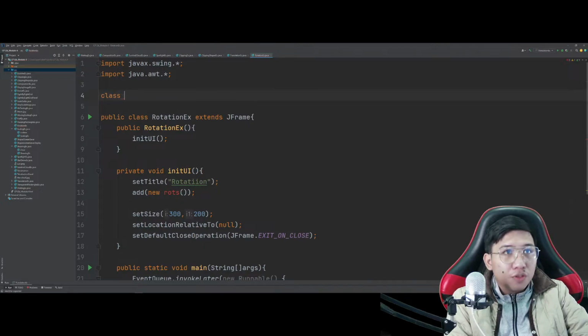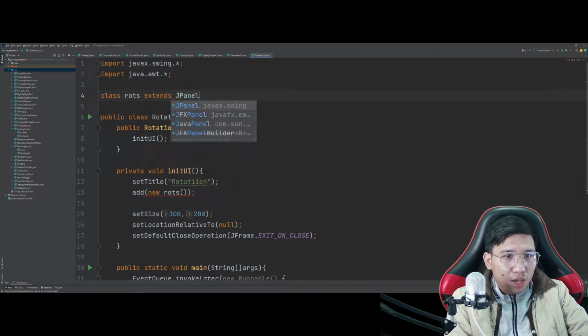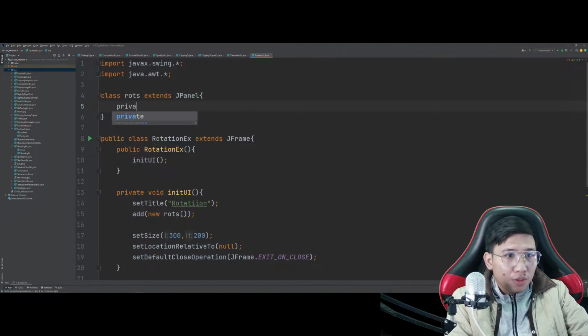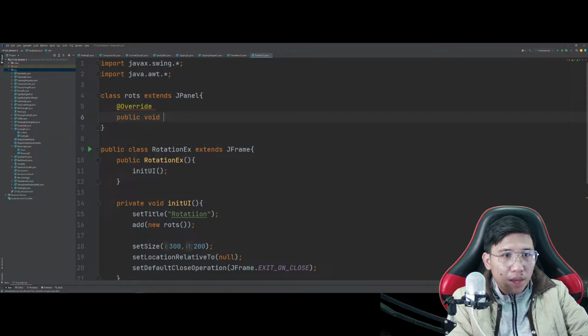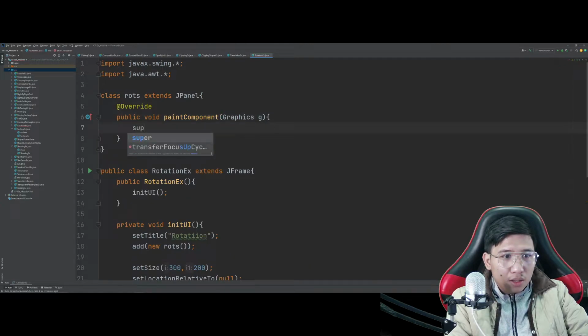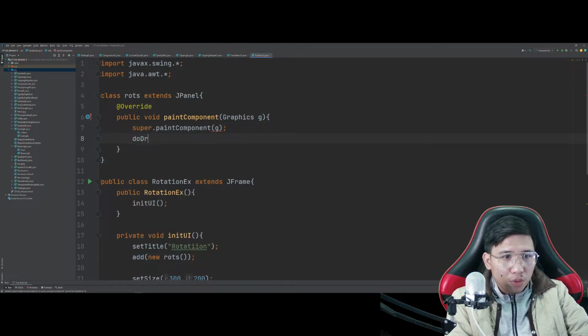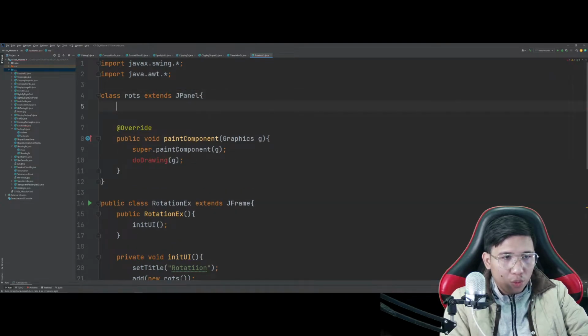So, class Rots extends JPanel. There you go. Then here, of course, we override. Override annotation, public void paintComponent, in which we are doing Graphics g and super.paintComponent(g), then doDrawing(g). Of course, we have here the doDrawing private void doDrawing method, which takes Graphics